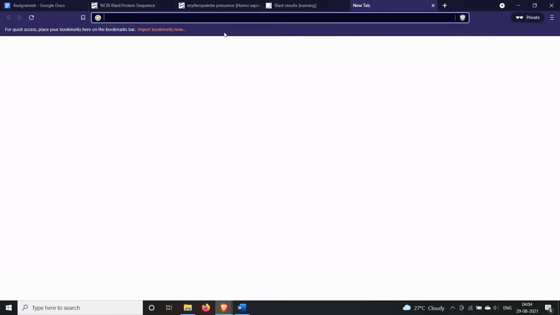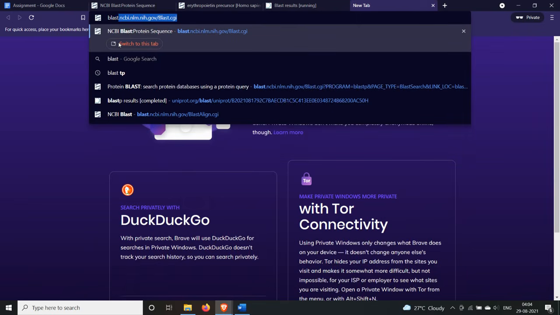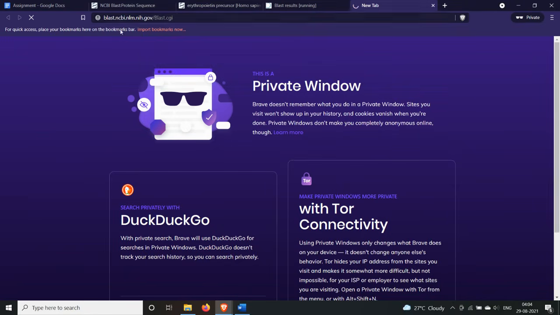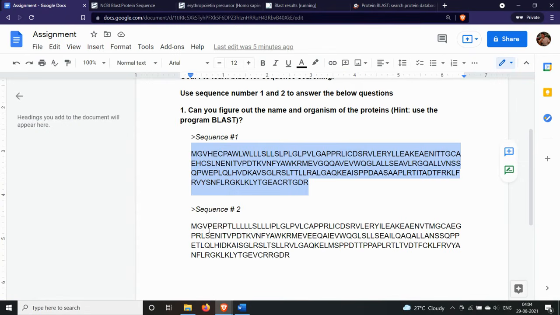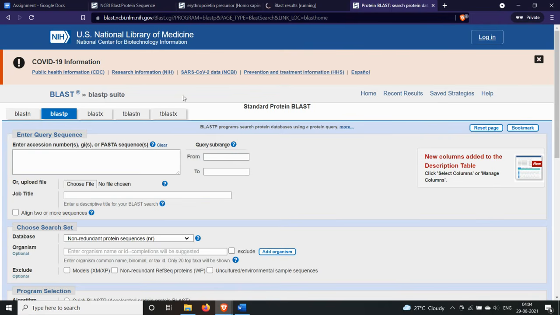Till then I will be doing BLAST for sequence number 2. Protein BLAST. For sequence number 2, I will copy and paste it here.